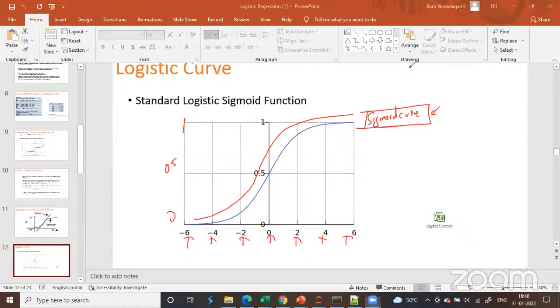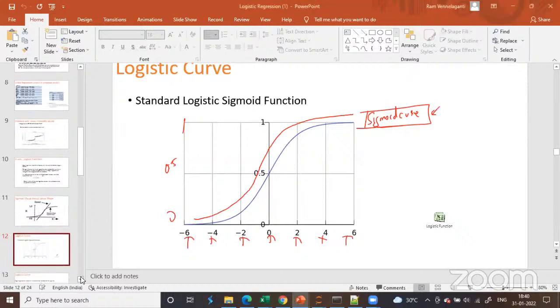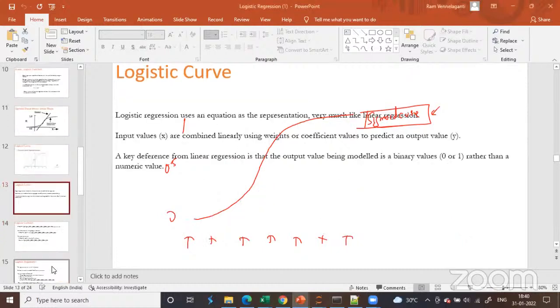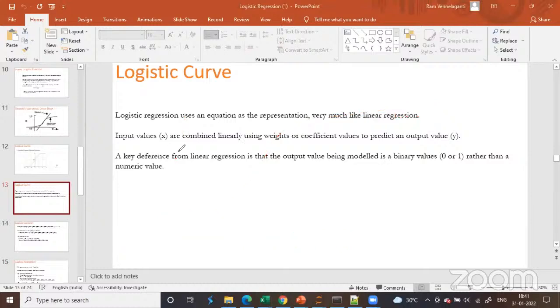Now, what is the next thing that we have to understand? What is the equation of the logistic regression model? How can we write it down? For writing down the logistic regression equation,